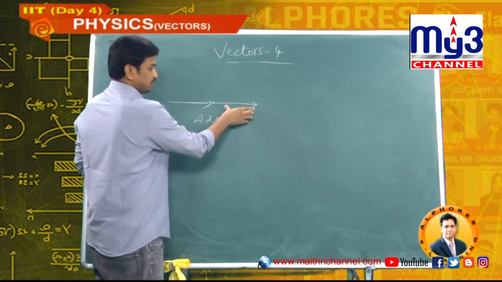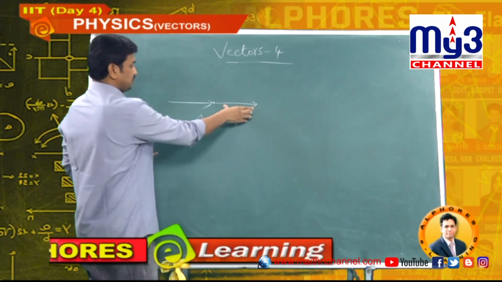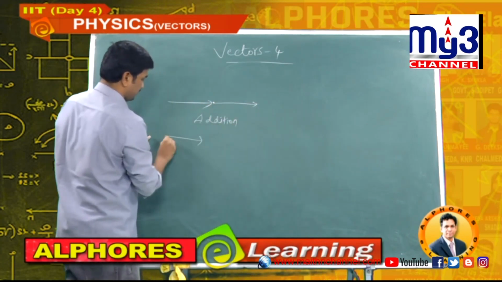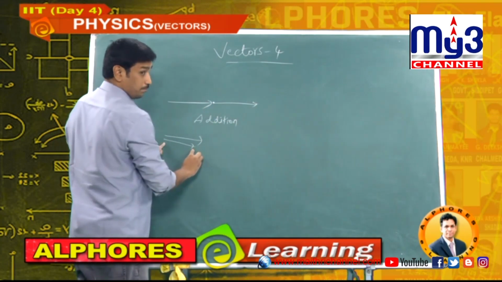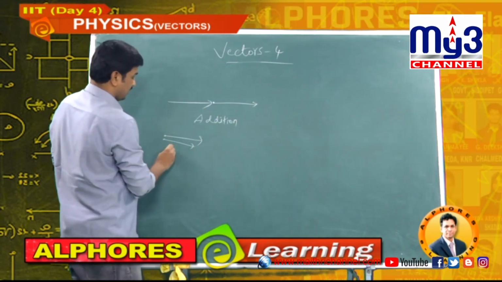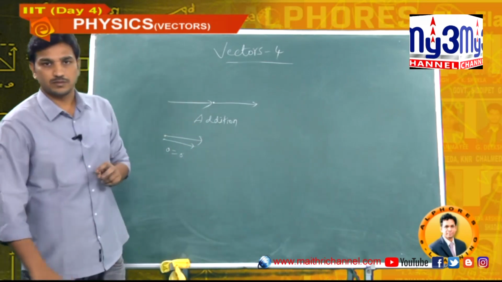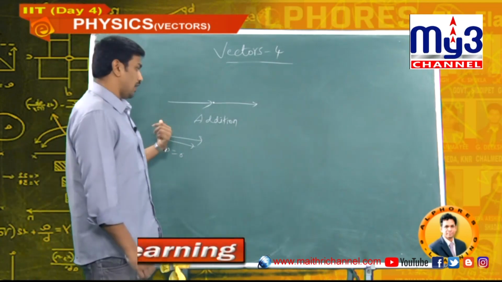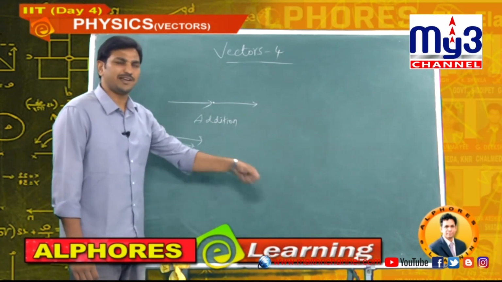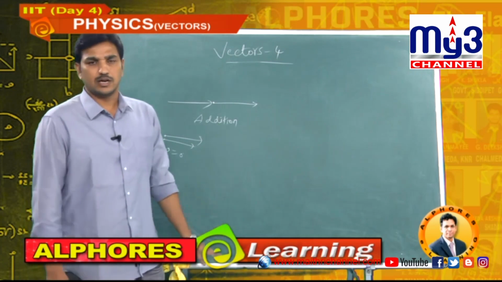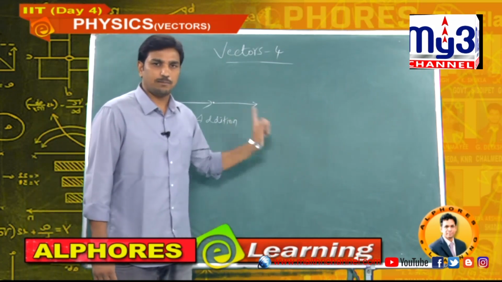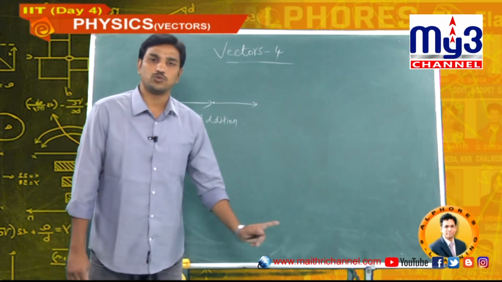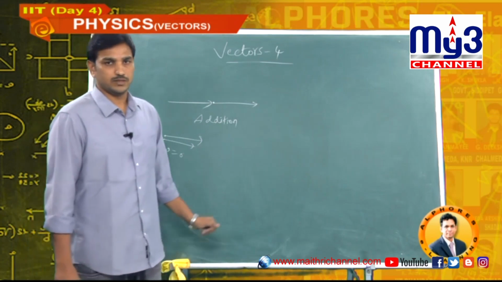Can I displace this vector to here? It's as it is. Can I displace here? Parallel shifting of a vector, two tails, angle 0. When the angle between two vectors is 0 or otherwise 180, we can directly add the vectors, there is no problem. The problem is when the angle between the vectors is not 0 and 180. Then there is a problem of how to add the two vectors.